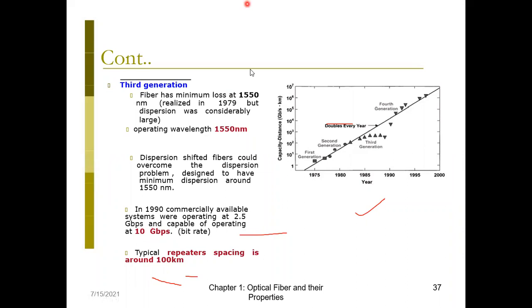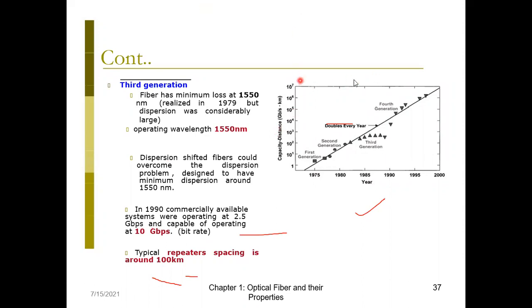Yes, Nilesh, losses reduced due to the change in wavelength. We will see that graph. Nilesh has asked a question in the chat. Yes, the losses reduced. So dispersion is also one of the losses. Remember, dispersion is also one of the losses. Attenuation as well as dispersion, both are types of loss. So attenuation also reduced. We will see a graph, attenuation versus wavelength, when we study that chapter.